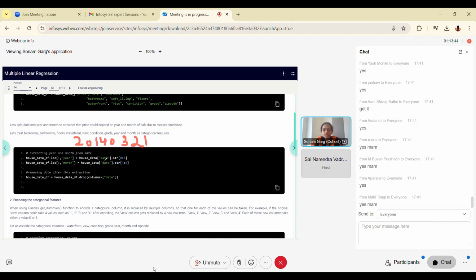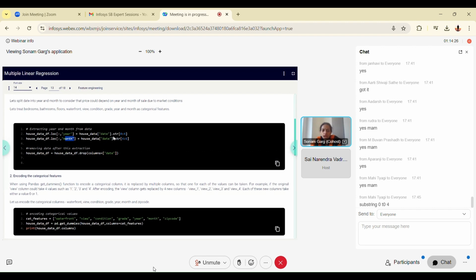From this date, if you extract 0 to 4, that is 0, 1, 2, 3, till here it is year. So it will extract all the years and put them in a separate column, 0 to 4. From 4 to 6, what will happen? This is 4, 5. 6 will not be included, I hope you know. So this will become your month. Year and month will be split and a separate column will be formed for each. LOC is a function which is used to locate, so this is for locating all the rows and column year, all the rows and column month.